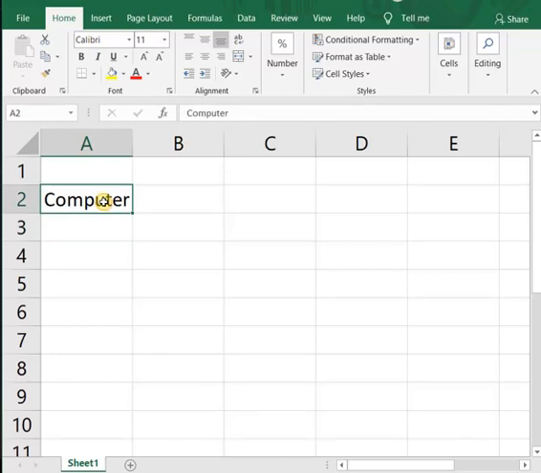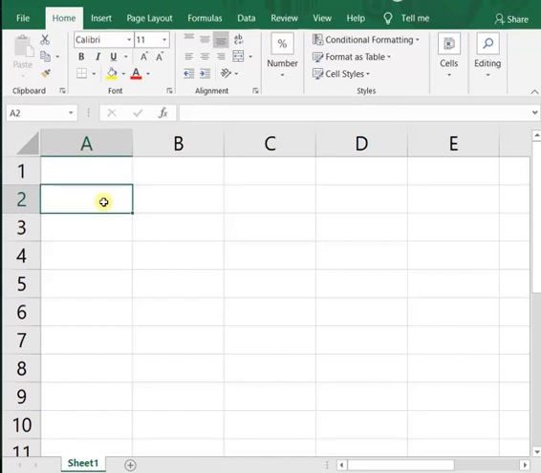Suppose I select the cell with computer. Now if I want to delete the content of this A2 cell, I will just click on the delete button from the keyboard. This cell will become empty. So by this we can delete the cell content also. Now suppose it has happened mistakenly. We want to get it back.